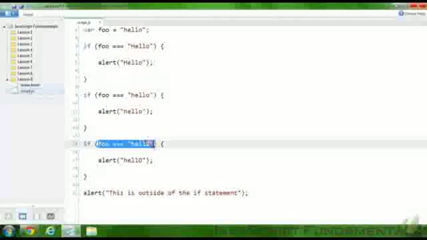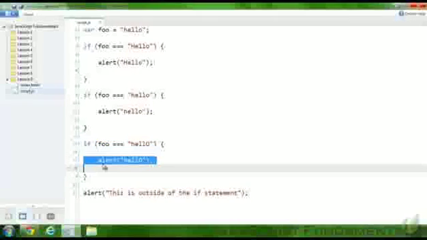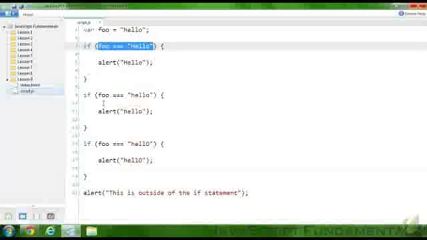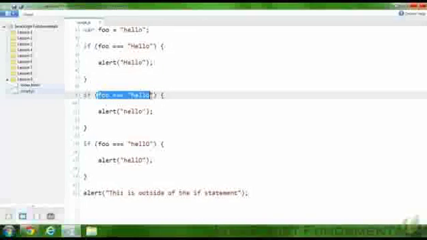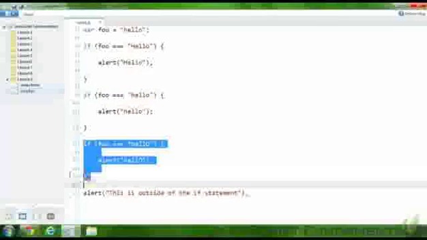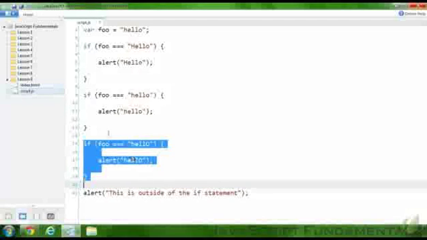Then it will evaluate the final condition. foo is equal to hello with a capital O. That is false, so line 17 will never execute. And I know that that's rather obvious, but I want to point out that this is inefficient code because we have to evaluate each of these conditions regardless of finding a true condition here. So as far as efficiency is concerned, once we find this condition, we shouldn't be performing this other condition because